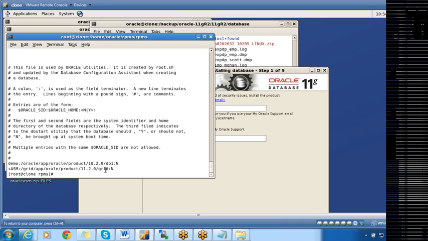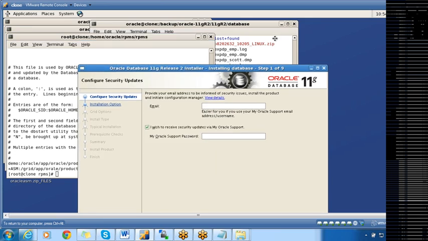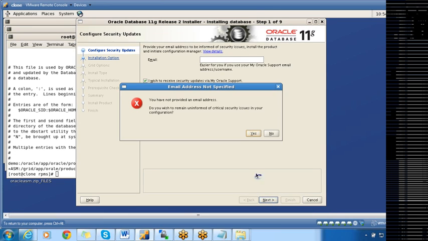So it will automatically upgrade this entry also. Now just click on next.